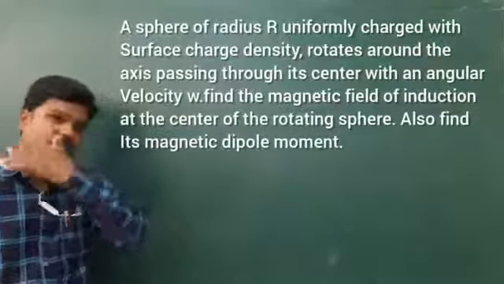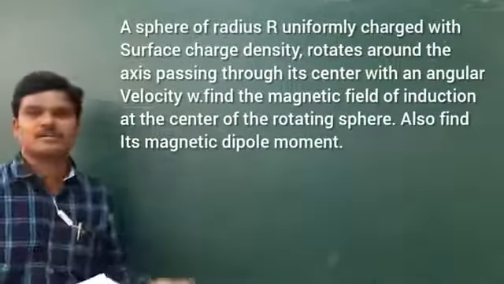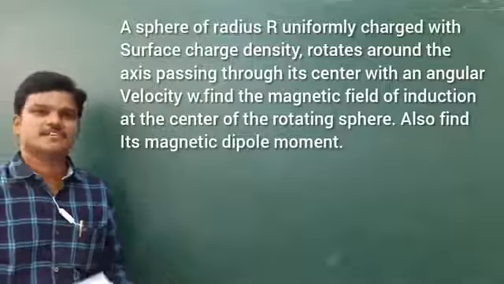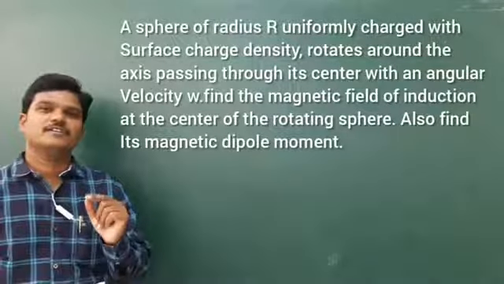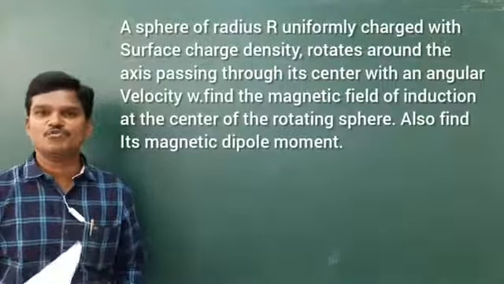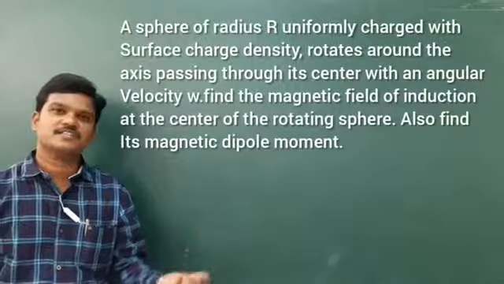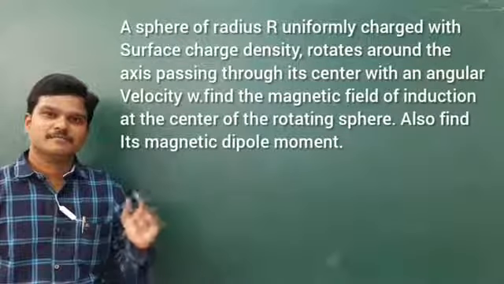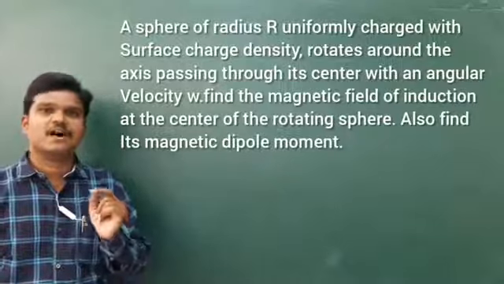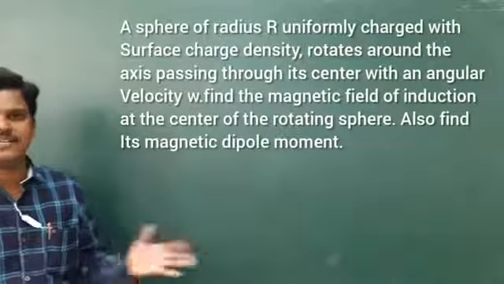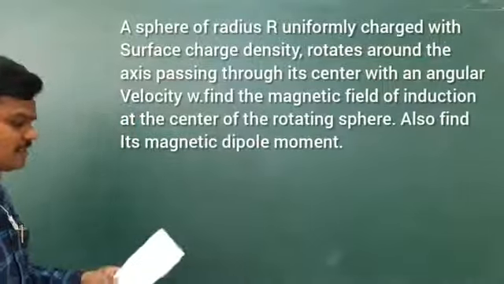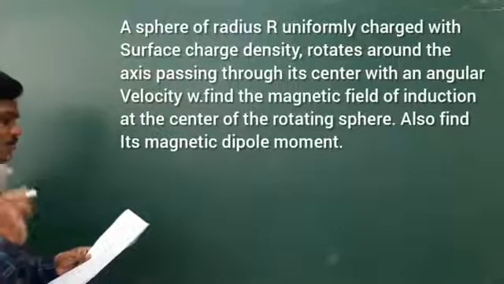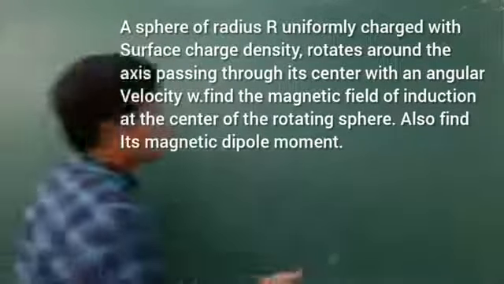See the given sphere. Now first you decide whether the sphere is a solid sphere or a hollow sphere. They mentioned clearly that they gave surface charge density. Surface charge density means they gave a hollow sphere. If they gave volume charge density, then that is a solid sphere. Here the sphere is a hollow sphere because they gave sigma clearly. So a sphere of charge, uniformly charged with surface charge density sigma.